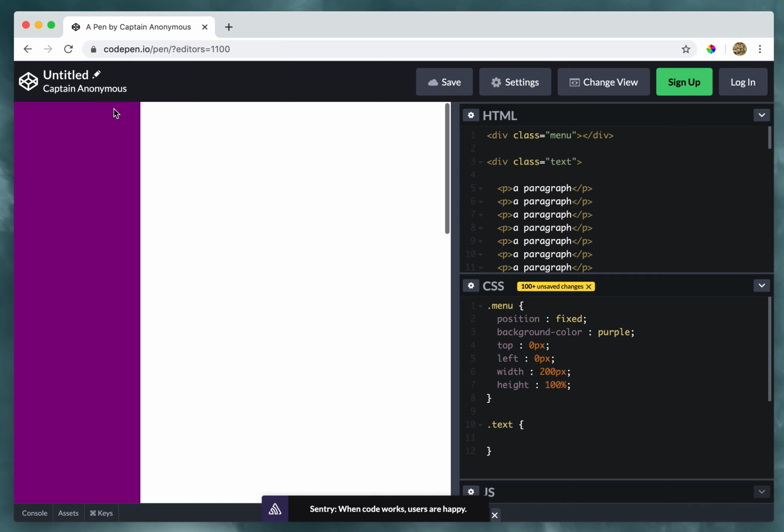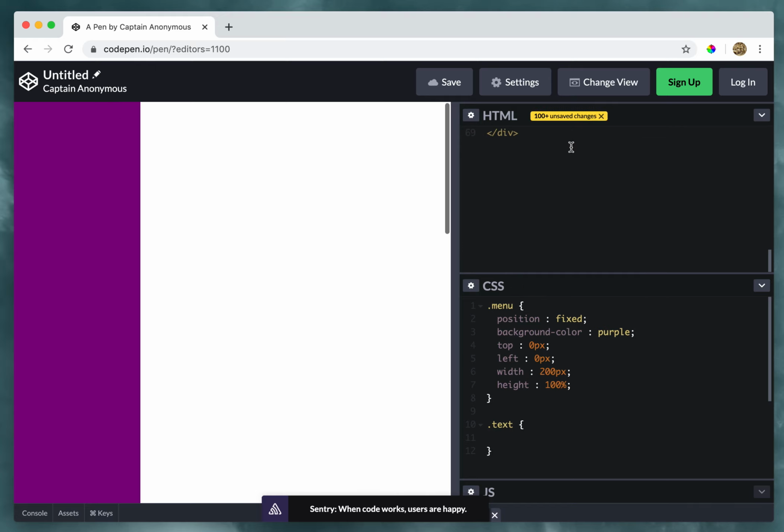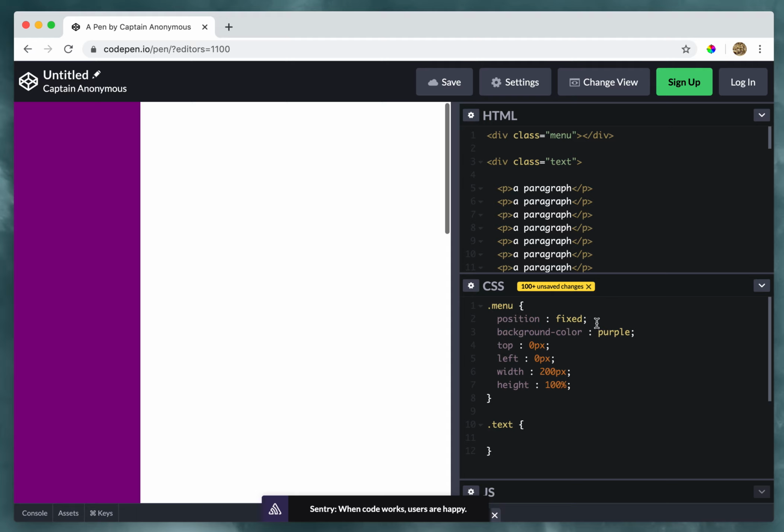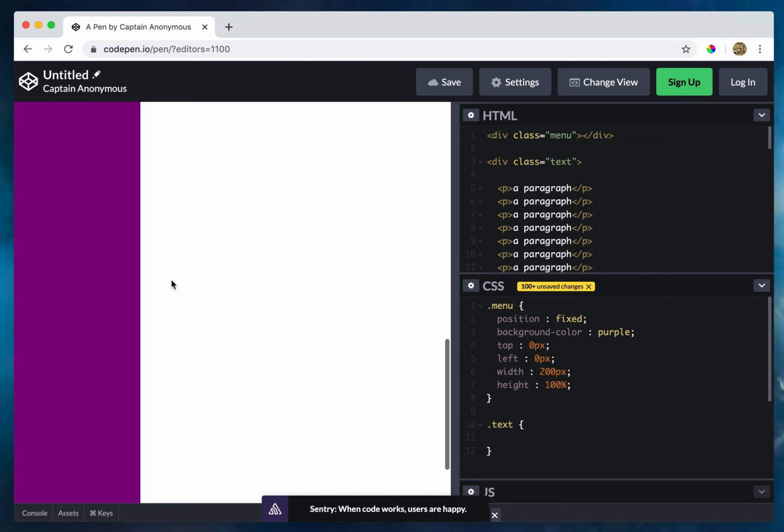Hi, in this video I want to talk briefly about how we can make a menu that comes out from the side rather than sticking on the top. So we're going to be using the same HTML as we used in our fixed menu video where it stuck to the top. We're going to start with a menu with position fixed, top 0, so it's hugging the top and the left side, 200 pixels wide,